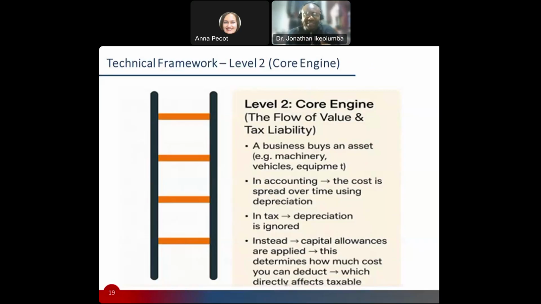When you buy an asset, rather than having to pay a tax directly on it, there's a capital allowance that is given to you, some sort of tax recovery. And so that is really me asking myself, what does it mean at layer two? At layer one that was the technical term. At layer two is what does it mean, so that I can break it down to the learner in terms of what does that mean for me.